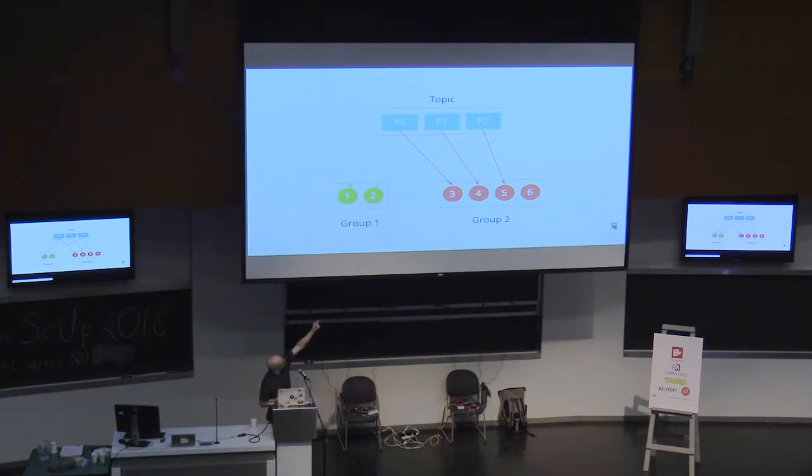So for example, in this, consumer number 6 is just sitting there doing nothing because there's only 3 partitions in the topic and there's 4 consumers in that group. But if, say, consumer 3 died, consumer 6 would get assigned a partition. So it can be good for high availability. At Hootsuite, we usually use a single consumer group per service so that we can scale up and down the service knowing that each message will be only processed once by that service.